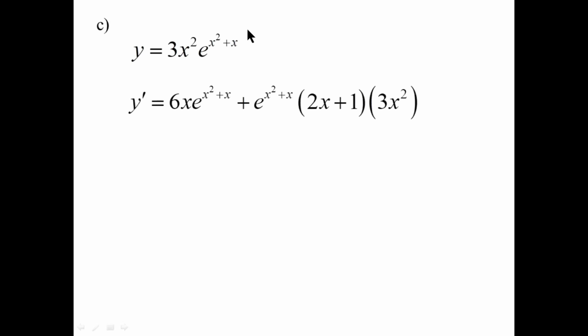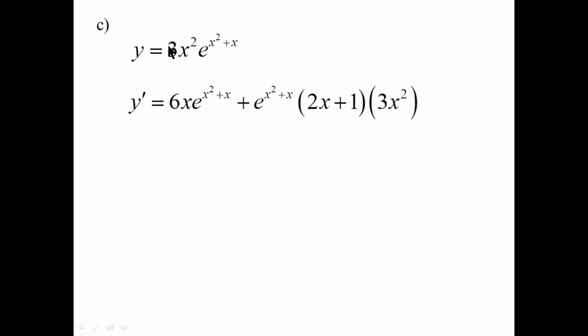Let's go again. Want to differentiate an expression? Well, we have to recognize a product of functions of x. This is 3x squared, that's a function of x, times e to the x squared plus x. That's also a function of x, an exponential function of x. The product rule gives us the first thing prime times the second thing plus the second thing prime times the first